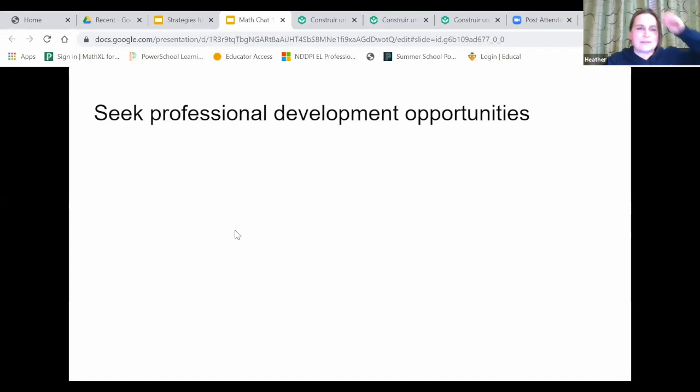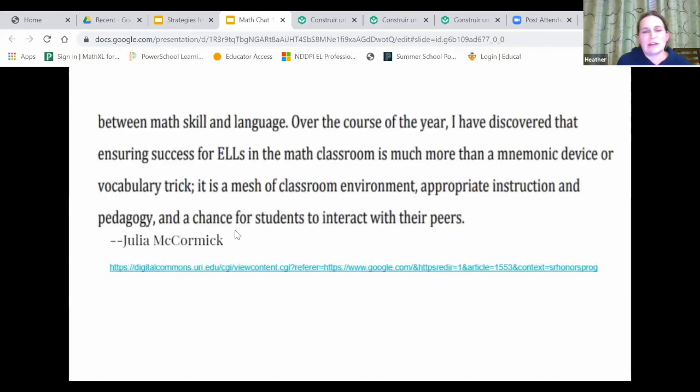Yeah, their last idea was just to seek professional development opportunities. It's not very often that there's both EL training and math training. So anytime that we can get ideas from others, it's a good thing. And then I just found this random lady's quote that I thought was so true. If Courtney and I are trying to put together presentations, it would be so great if we could just do these things and then your EL students will have success. But it's just so complicated. It is complicated because learning is complex, right? And so I love that you talk about interaction and chance to process.